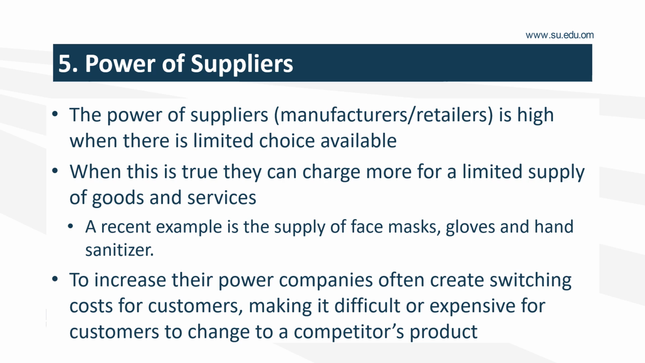5. The power of suppliers. Now we look at the power of suppliers, such as manufacturers and retailers, which is high when there is limited choice available. When this is true, they can charge more for a limited supply of goods and services. For example, in the COVID-19 scenario, the supply of